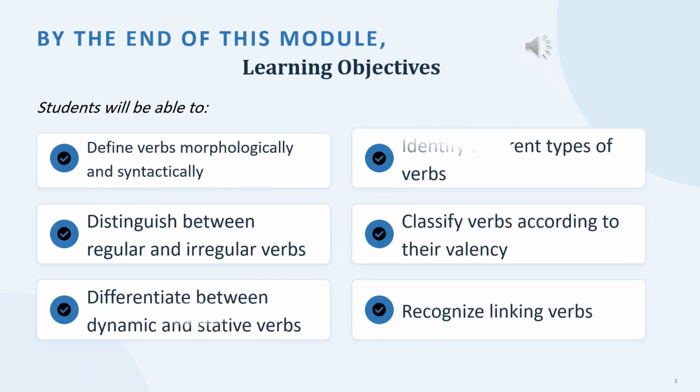Now we will move to the learning objectives. By the end of this module, you will be able to define verbs and identify their different types. You will also distinguish between regular and irregular verbs, classify verbs according to their valency, and identify dynamic verbs apart from stative ones. And you will also be able to recognize the linking verbs and understand the role they play